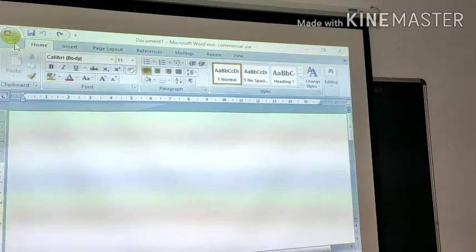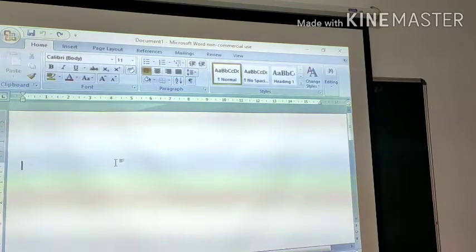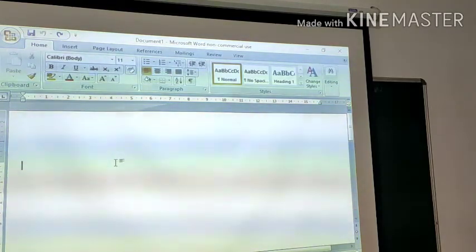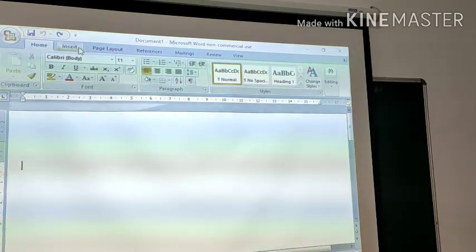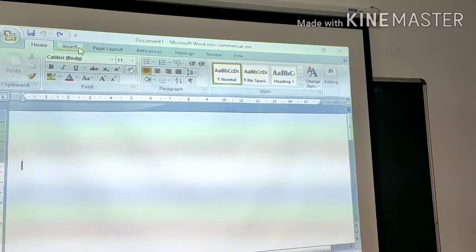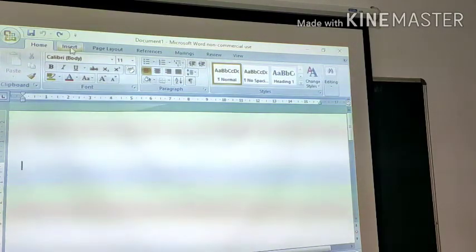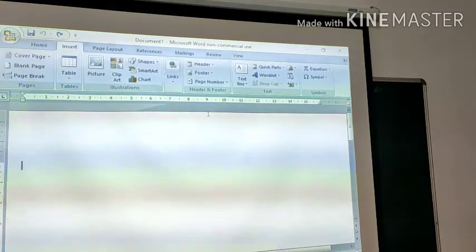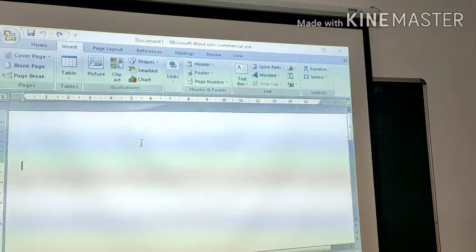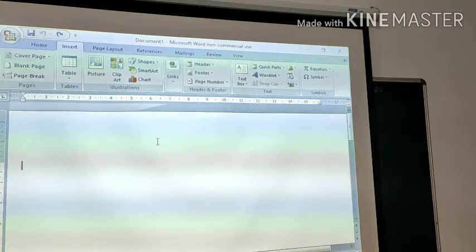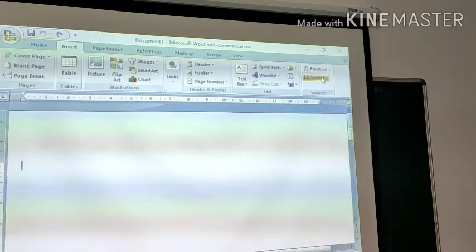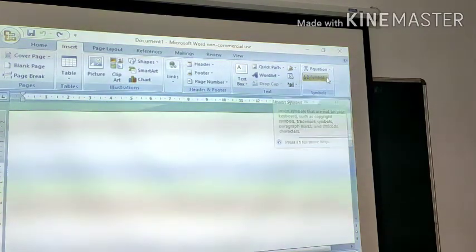To insert a symbol, place the cursor where you want to place the symbol. Now click on the Symbol button available on the Insert tab. So you have to click on the Insert tab, go to the Symbol button. There you will see the Symbol button, click on this.